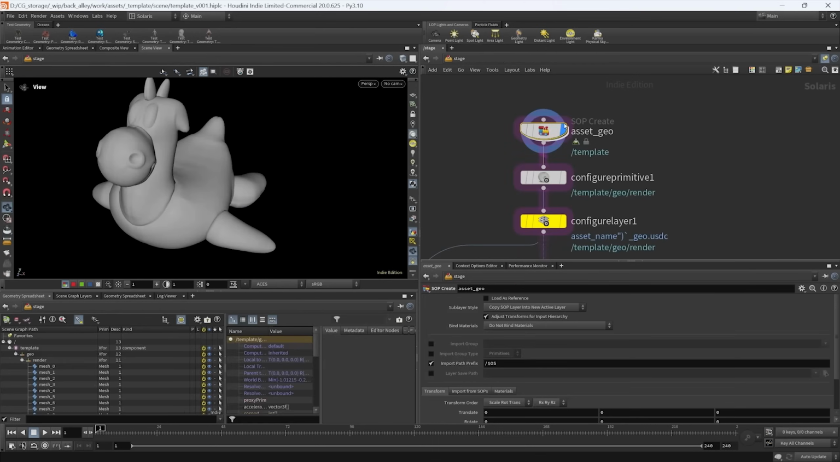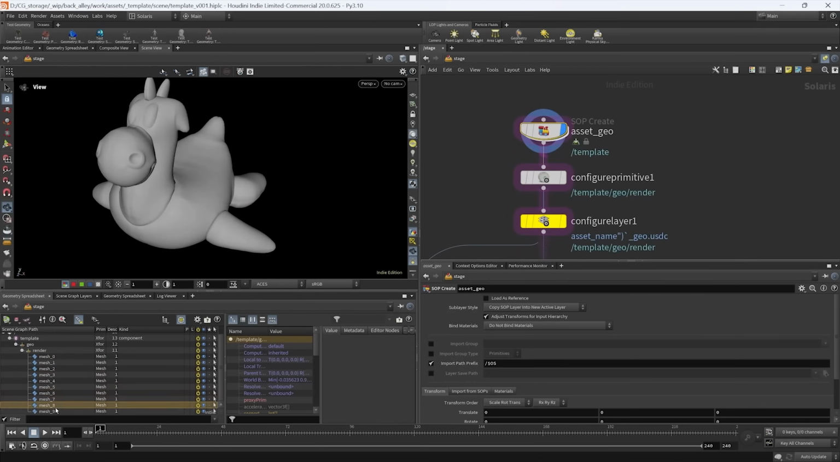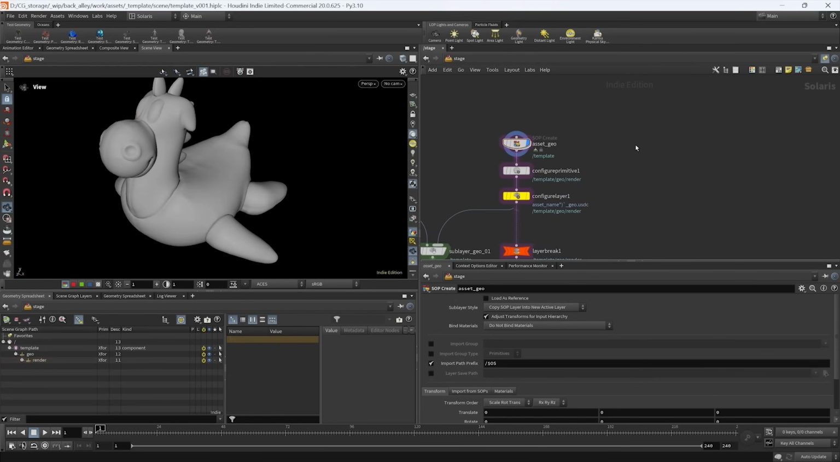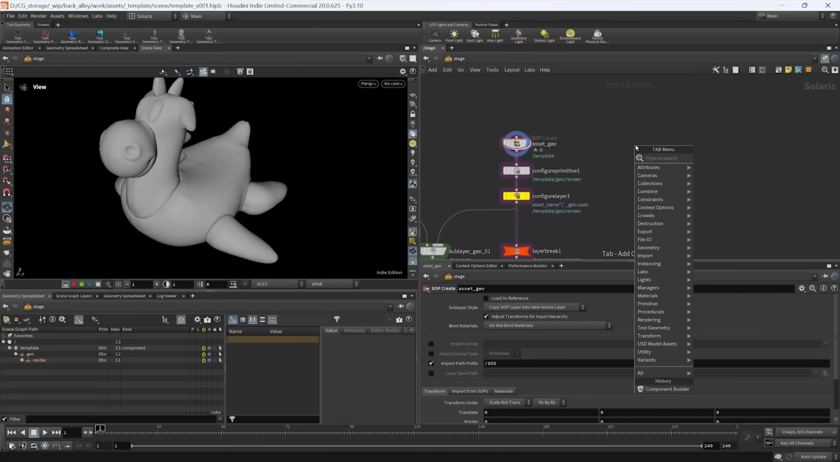Let's see what we have now, and now we have separated geometry and separated primitives here. Let me find the body. Yeah, all works well. Actually, sometimes we don't need to specify path attribute because, for example, in component builder setup,